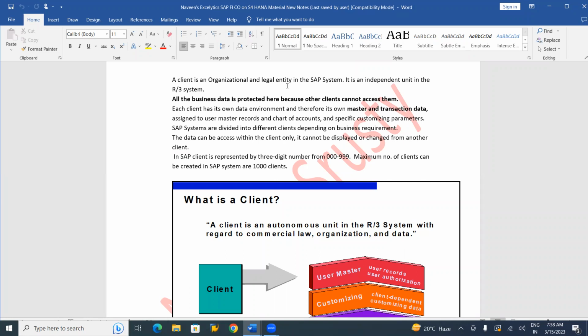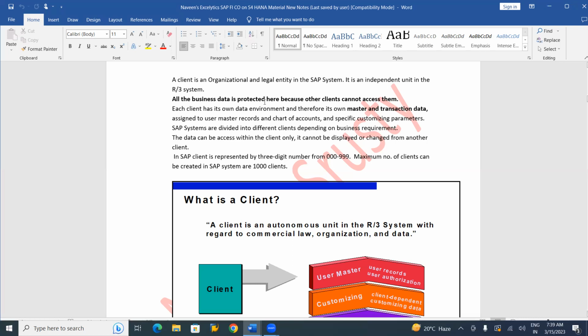The people working in this organization can recognize which client number. That's the reason we call it a legal entity, legally recognized in the SAP system. It is an independent client, an independent unit in one particular server. Clear?